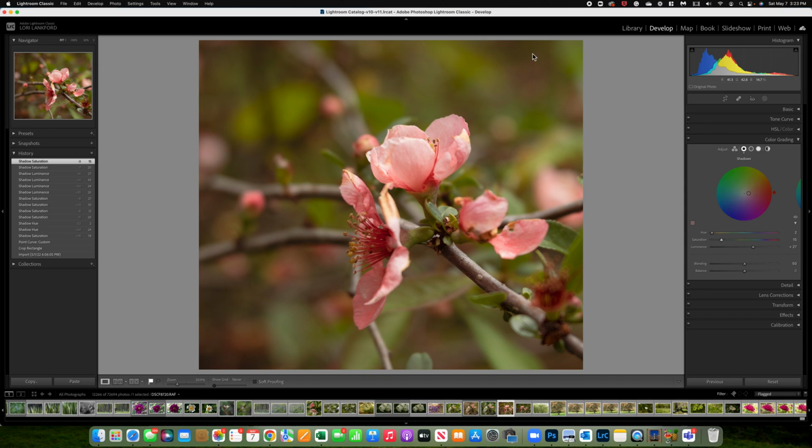Now we also have some bright highlights in this image, so let's go over to the highlights. And again, I'm going to increase the saturation so I can see what I'm working with. And for the highlights, I'm going to grab the slider again, and I think I want to just add some of this darker green. So you have to drag the dropper over,